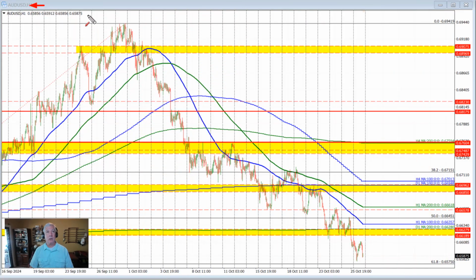This is a Forex quick look. I'm going to take a look at the Aussie versus US dollar. Today's date is October 28th, 2024. Let's get started. If we look at the hourly chart, the price has been trending pretty regularly to the downside